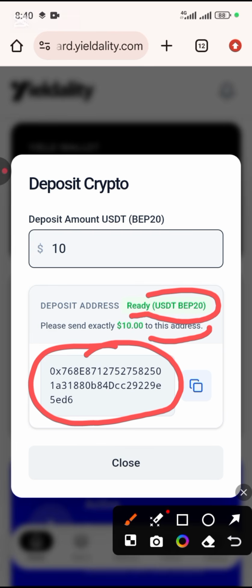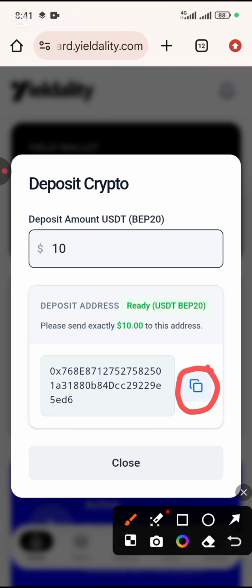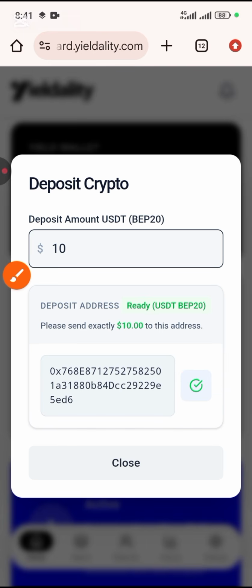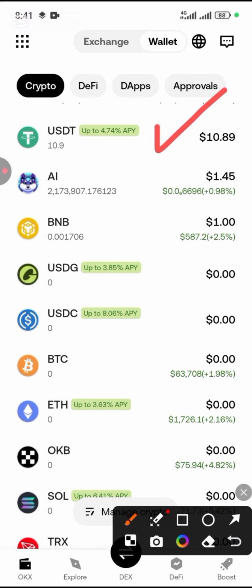If I type $10.2, or $20, or $50, any amount I want to put. The next thing is to click on copy. Then you go to your exchange or wallet, anywhere you have your USDT BEP20, and send. So I'll be sending.